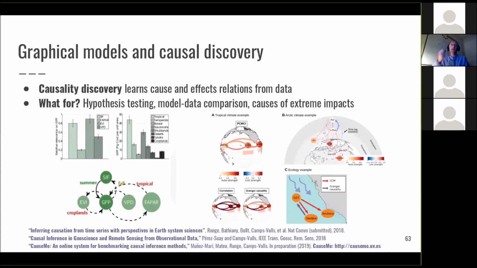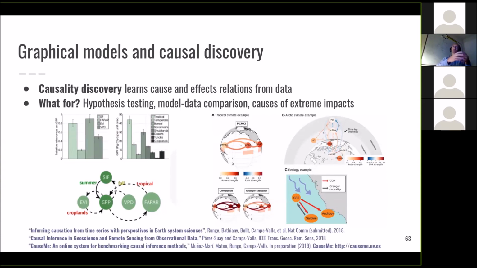Well, I think that the most important field nowadays is that of graphical models and causal discovery from observational data. And I would like to say some words about this and a particular model that we have been developing. Okay, so why is causal discovery important? Well, essentially because it will allow you to pass from that particular